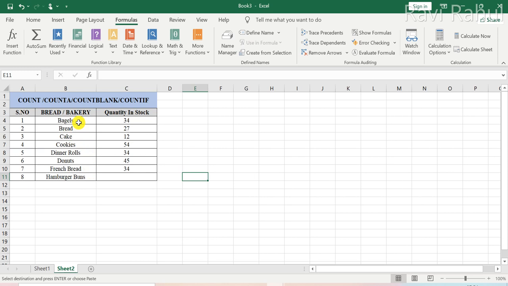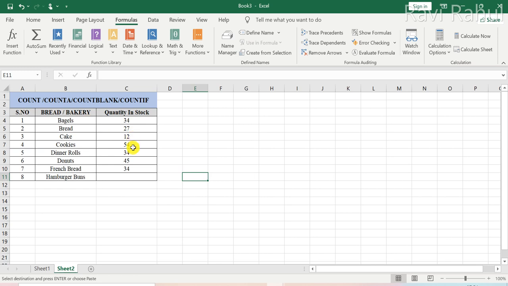They are also a kind of bread that are in the shape of bangles. The quantity of stock for bagels is 34 in a particular shop. There are 27 breads available in the stock, whereas the cakes are available in the quantity of 12.